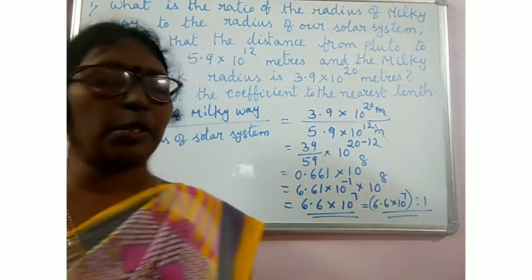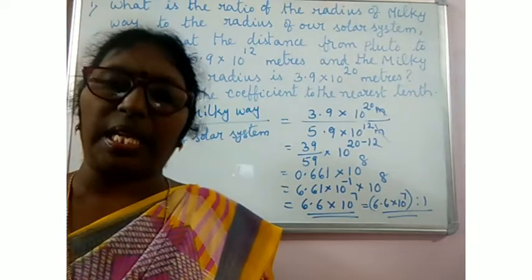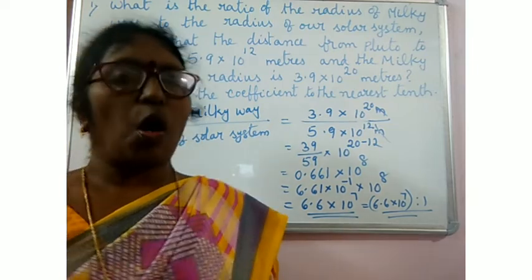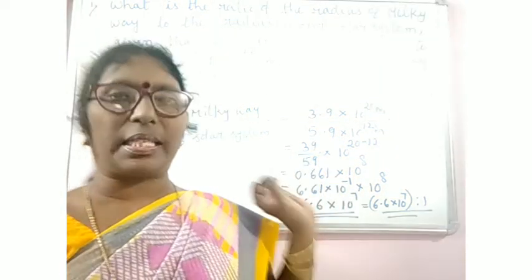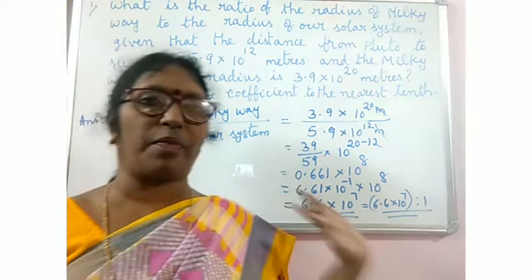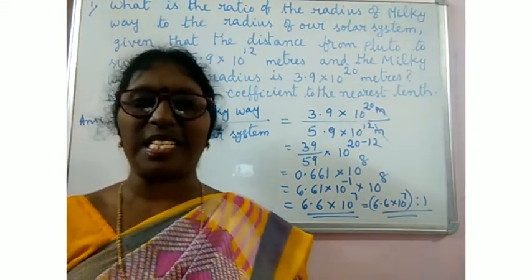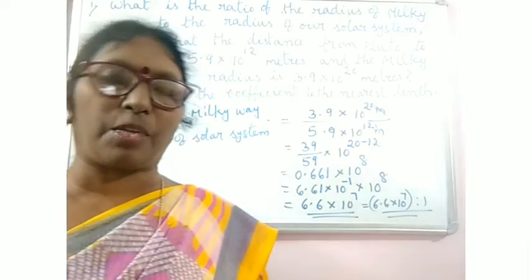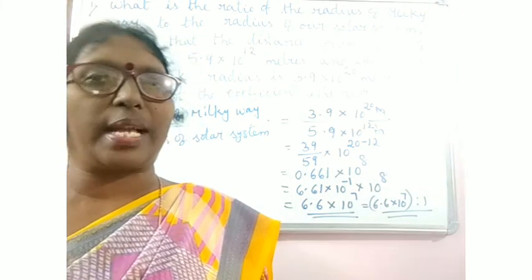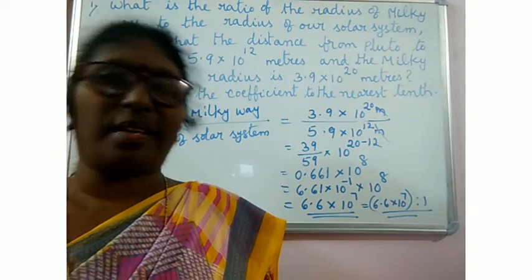I hope this is clear to you. Actually the chapter is very easy. What is standard form and all, you have already learnt, but these are a little complicated. Try to understand, it will be very easy. Calculations only, you have to do very carefully. I hope this is clear to you. Please go through the chapter very well. You will be able to do the exercise questions well. Okay. Thank you.